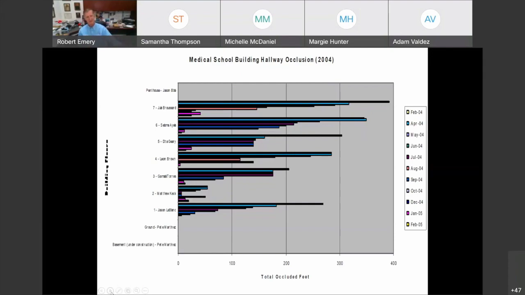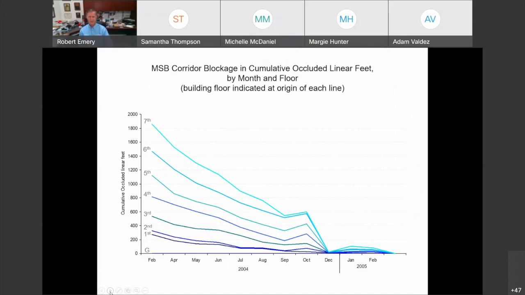And again, I thought, wow, this is great data. No one has data like this, but the way it's displayed, no one understands what the heck is going on. So I actually sat down and reworked this graph, and I want you to answer the question, how are we doing on this hallway clearance project? And what's fascinating about this reworked graph is that 30 seconds ago, you didn't even know what hallway occlusion was.